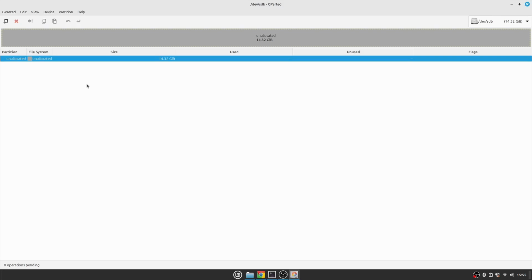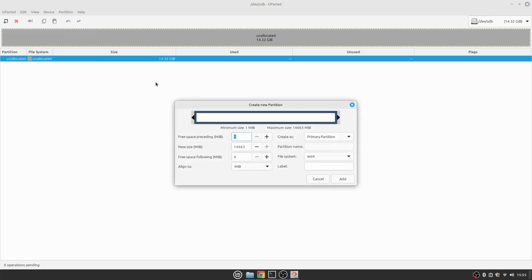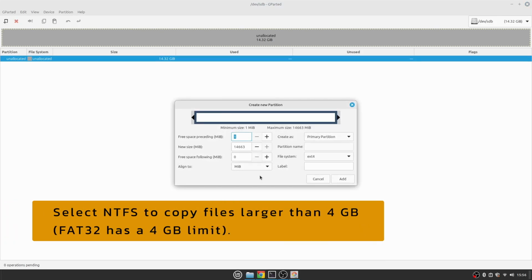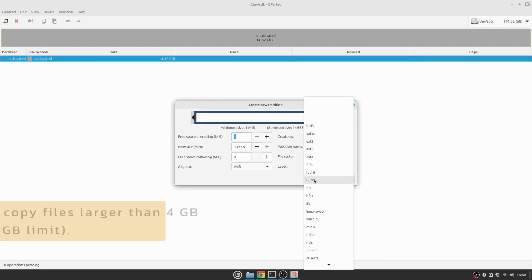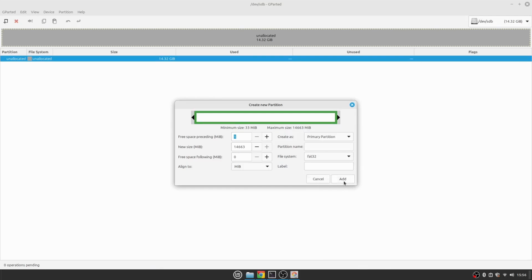And to do that right click on the unallocated space and then select new. Here everything should stay as default except for the file system type, and choose FAT32 or NTFS for the file system. If you want to copy files larger than 4 GB you should select NTFS. And also don't forget to name your pen drive in this label field. If you want a custom name, this is where you enter it, and I forgot to do that when I